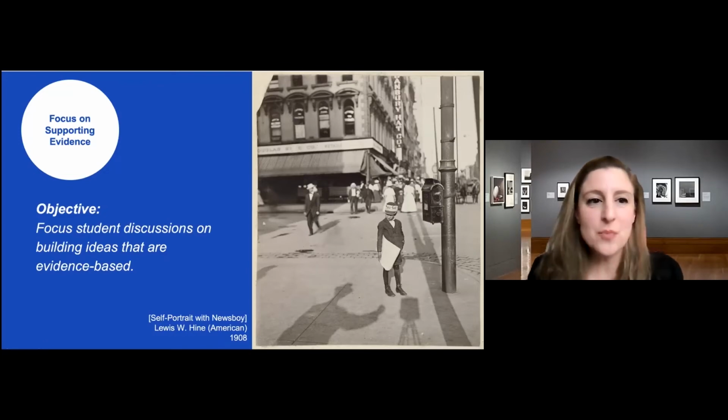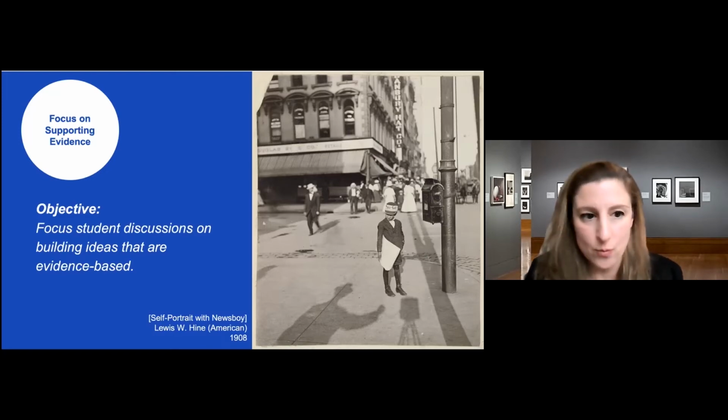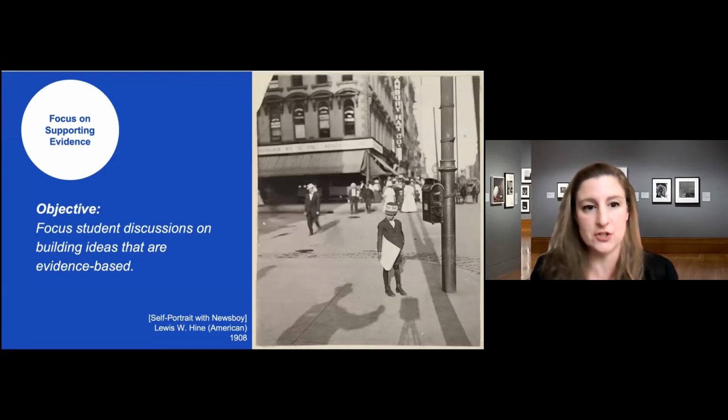And we should point out that while we're sharing a handful of different approaches, there's a lot of overlap between these approaches, and ultimately they can be used together. We found it useful to call out specific focuses in what you're doing, because it's a lot for students to do all of it at one time when they're new to having these kinds of discussions. So it's helpful to have a different focus in different discussions and help students learn how to use that kind of focus in a discussion before you start stacking these approaches.